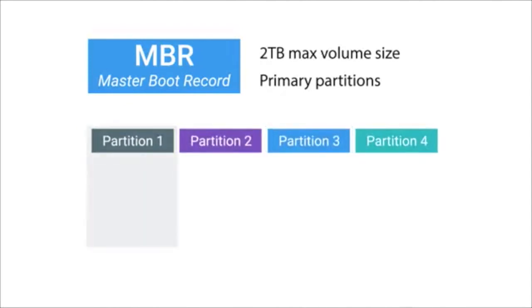If you want to add more, you have to take a primary partition and make it into something known as an extended partition. Inside the extended partition, you can then make something called a logical partition. It's a little odd to get at first, but that's just how the partition table was created. MBR is an old standard, and it's slowly being faded out by the next partition table scheme we'll talk about,